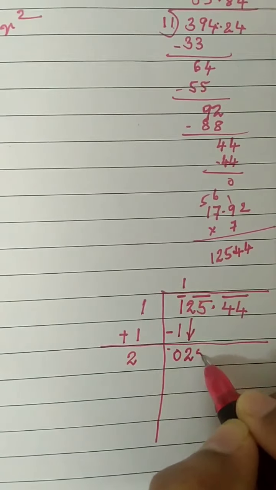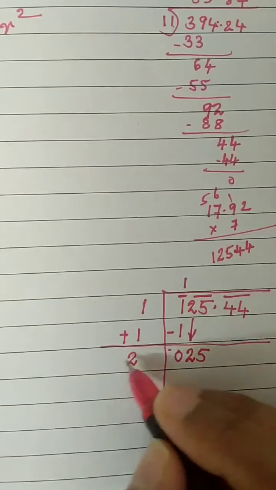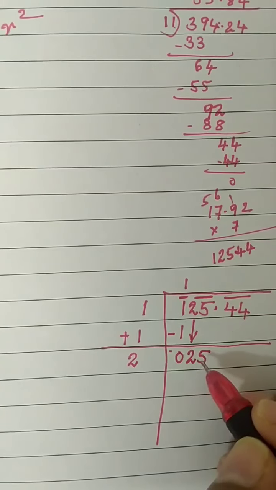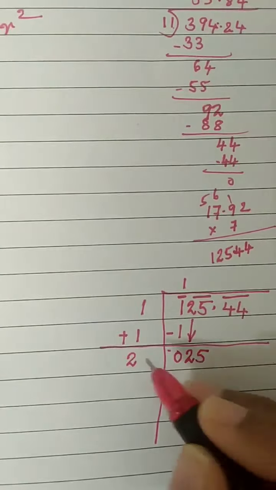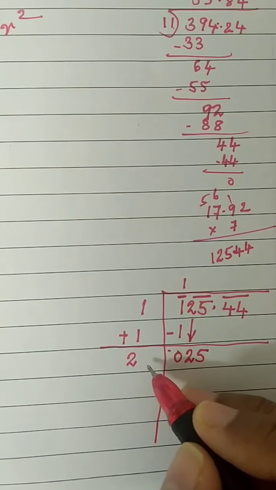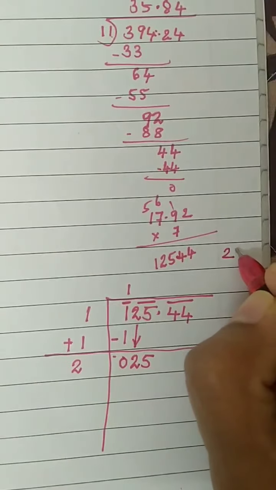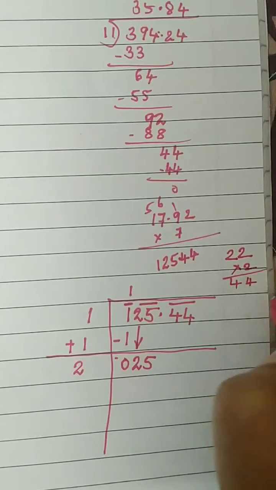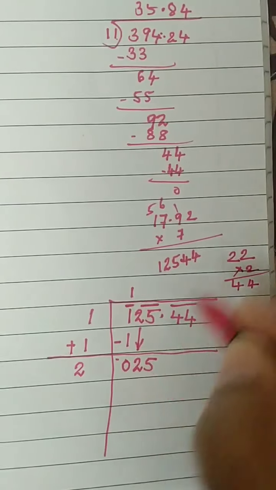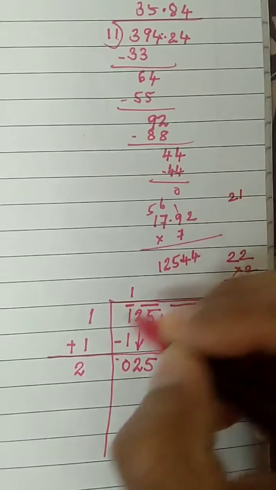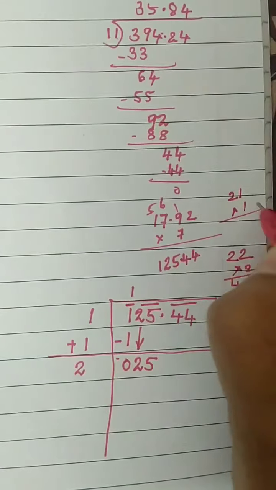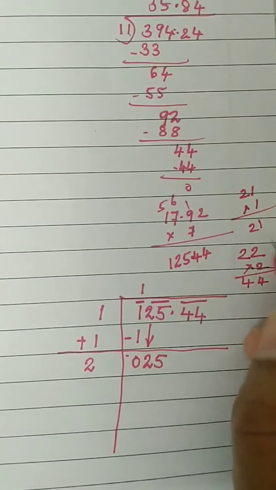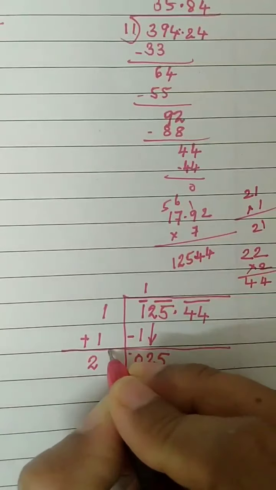That is 25. Now, with 2, which number multiplied by the same number? You should get this as the answer or less than that. So, with 2, let me take 2, multiply by 2. What will be the answer? 44. Very bigger number. So, best is take 1. With 2, 1, multiply by 1. 21 into 1, 21. Okay, this we can take. With 2, you are getting a bigger number, so we are going for 1.